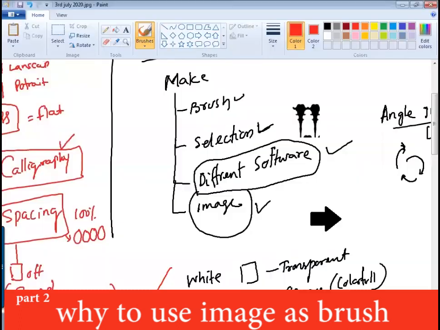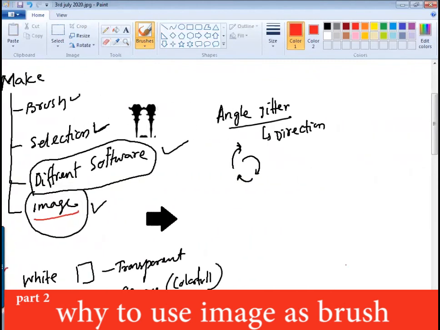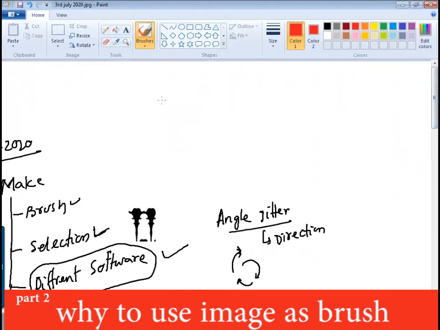So now we have understood the method of making an image into a brush and why to make an image into a brush. So many brushes are there. Then again, why learn this much? You have seen the benefit of learning to make an image into a brush. Fine, this is one part. So we have understood the brush in 3 categories. In the starting, we got to know what the default brushes are.